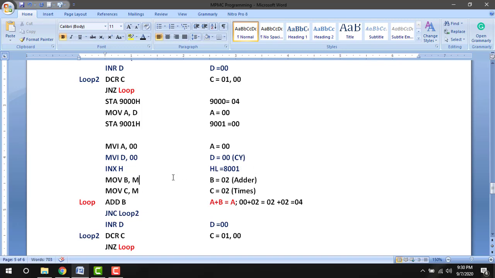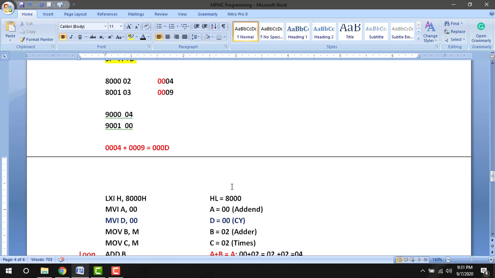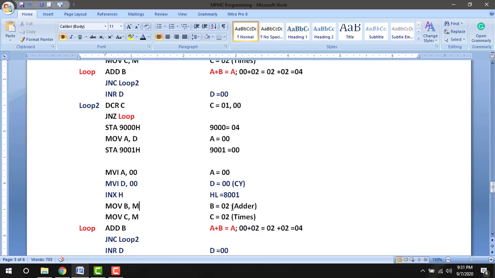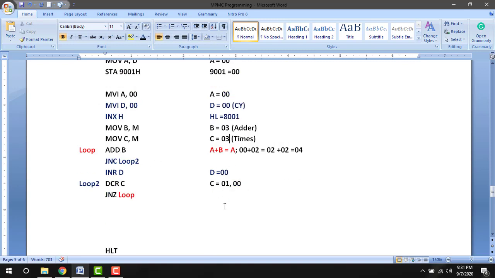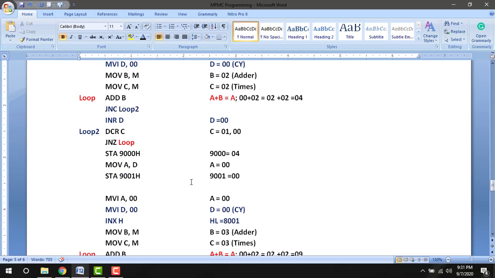So move B comma M, at 8001 we have the data 03, 03 is moved to B register, also 03 is moved to C register. After this operation, the accumulated data will be 09, 3 square, and the carry part will be 00.